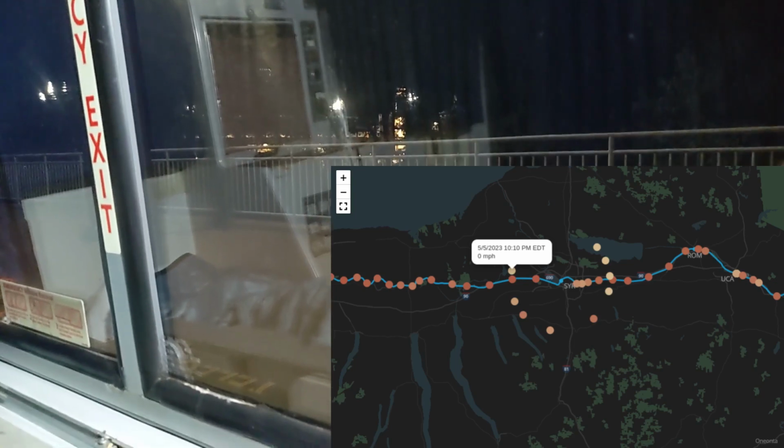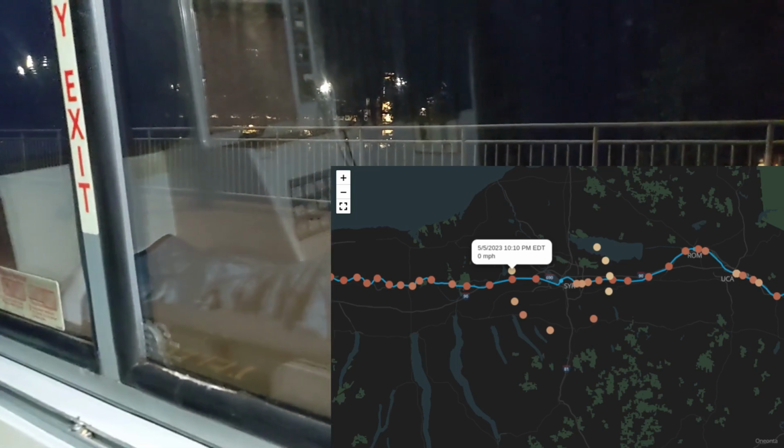Alright, just past 10 o'clock at night. We just finished pulling into Syracuse. This is probably going to be the last major stop I'm going to be awake for. I might be just falling asleep when we pull into Buffalo. I'm unsure. Just wanted to catch a little bit of footage. Can't unfortunately see any signs, but